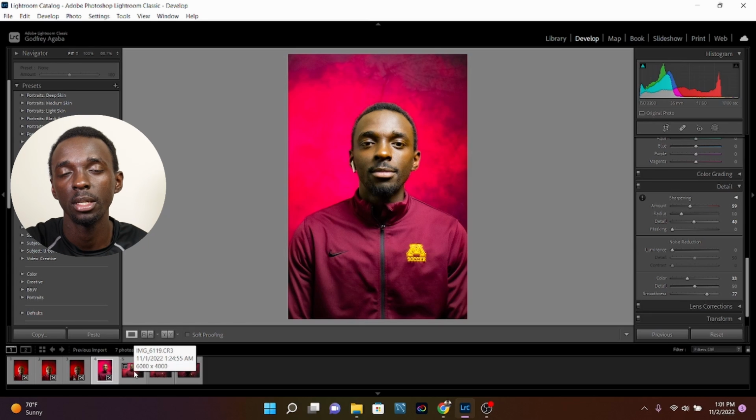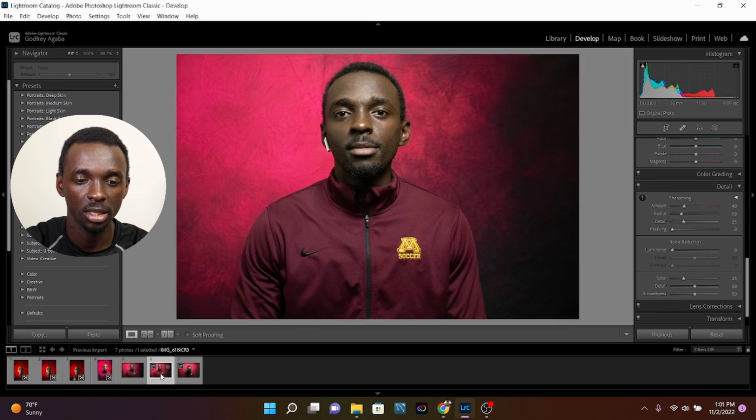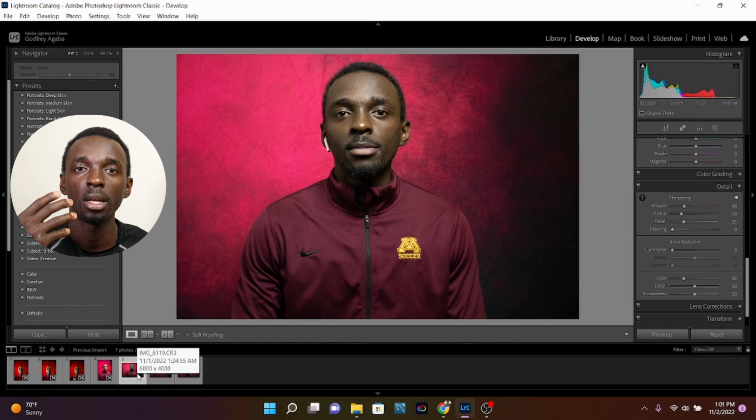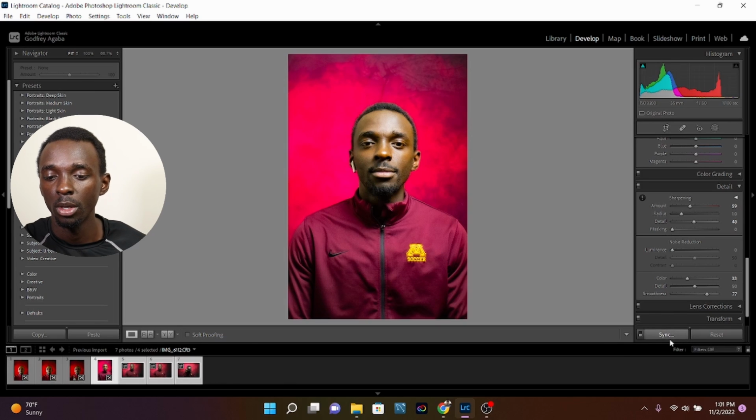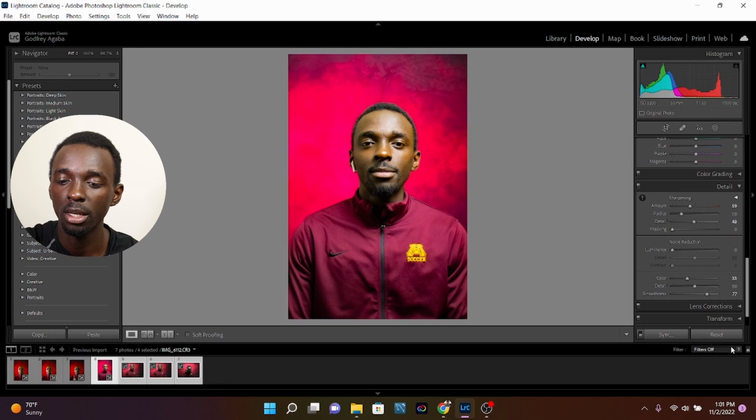If I want to apply the same settings or same edits onto the rest of the photos, I'll go ahead and select them. As you can see, those are the next 3 photos that I want to apply my edits to. So I'll go ahead and select that photo that you did edit. Then you press Ctrl on your Windows. So once you press Ctrl, select the other photos, and once you're done, you can release the control, and then as you can see right here on the bottom right, you have sync and then reset. So I'll go ahead and tap on sync,